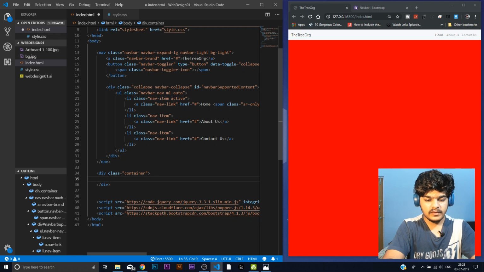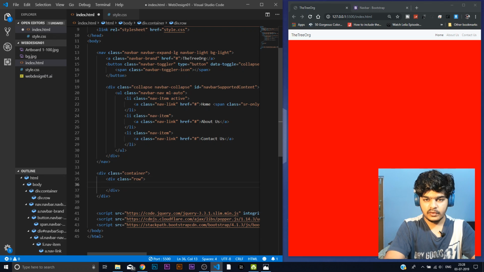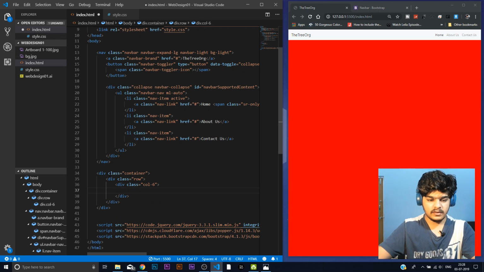Under that we want div.row. This is also one of the Bootstrap classes, and inside this we want div.col-6. I'll be telling you what all this means once we are done. We are just going to write here